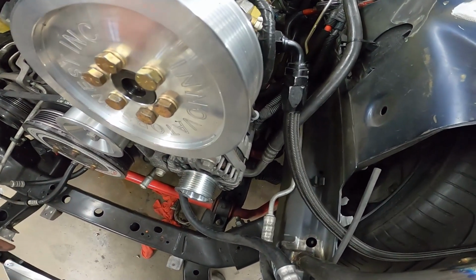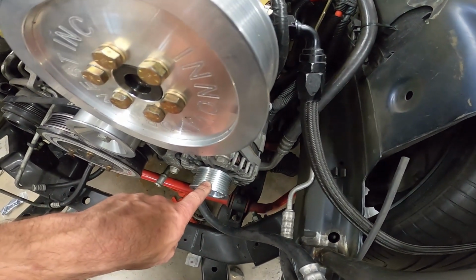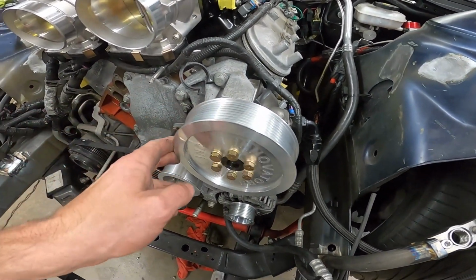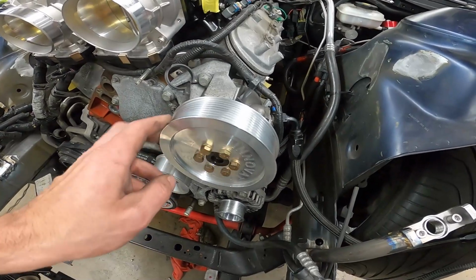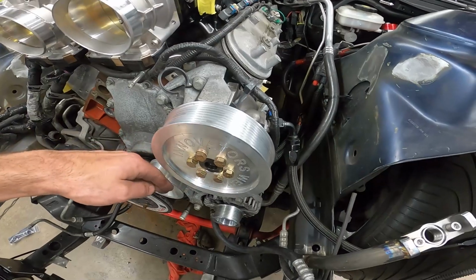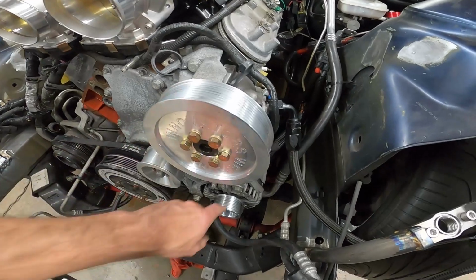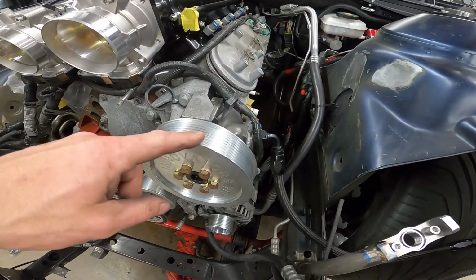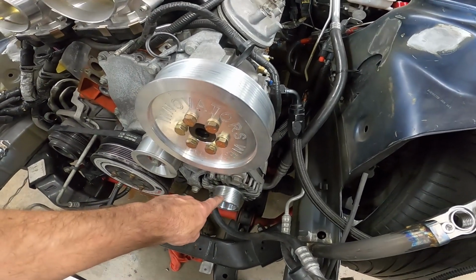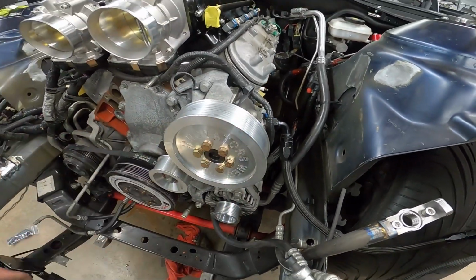So what we're going to have to do is pull that off and put some type of spacer behind it to make sure that it is even with these. And they tell you in the instructions, which I haven't read through completely, but I did read enough to say to make sure that all these pulley faces are lined up. The water pump can kind of float because it's got a pretty wide spot on it, but your rib pulleys must line up or your belt's going to walk off at high RPM. So we're going to take this back off and put a little spacer on it, put our straight edge here and try to get these flat, and then